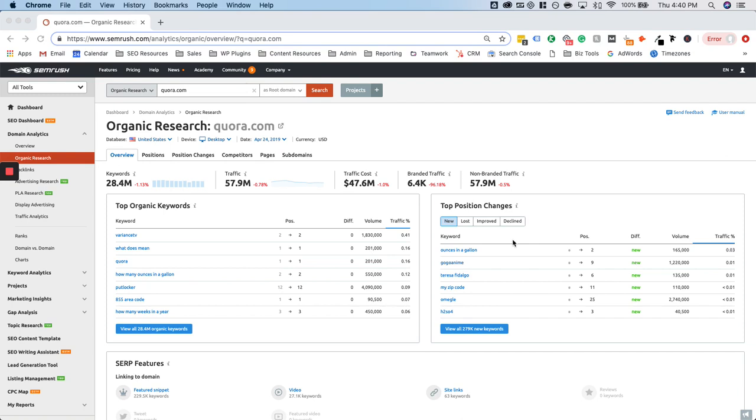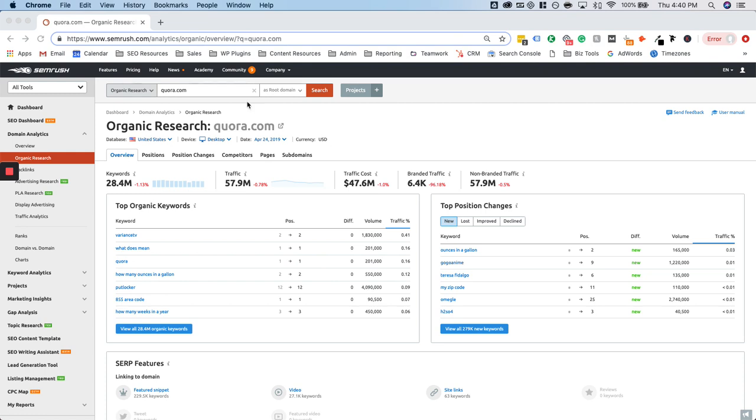Today we're going to talk about how to maximize the visibility of your newest blog article through Quora. So what we're going to do is start out by signing into an SEO analysis tool like SEMrush, Ahrefs, or anything along those lines. For this particular example, we'll work with SEMrush, but any of those SEO research tools can serve the exact same